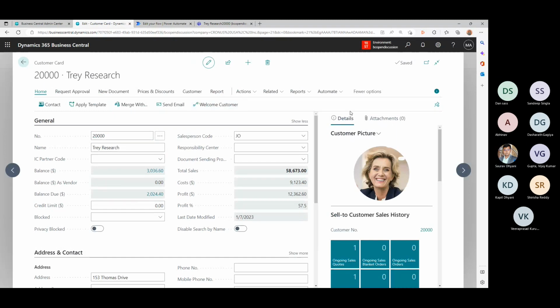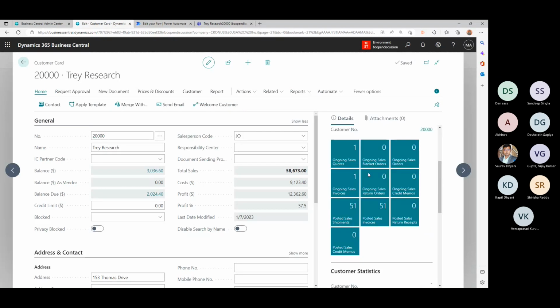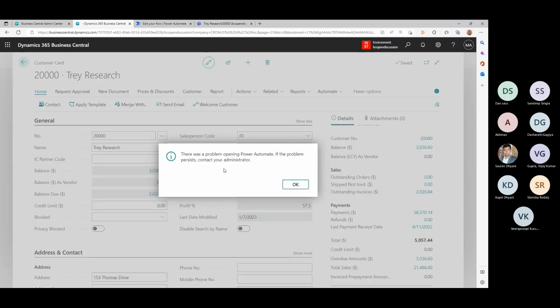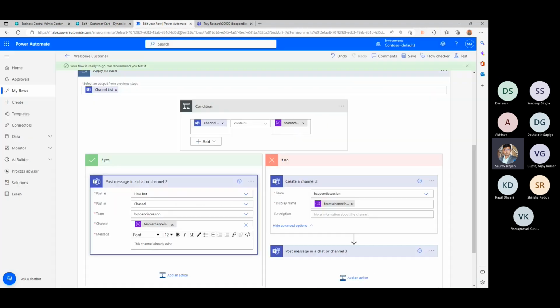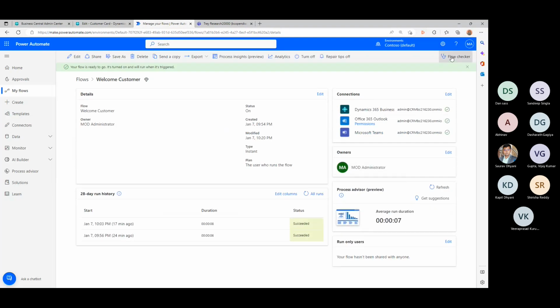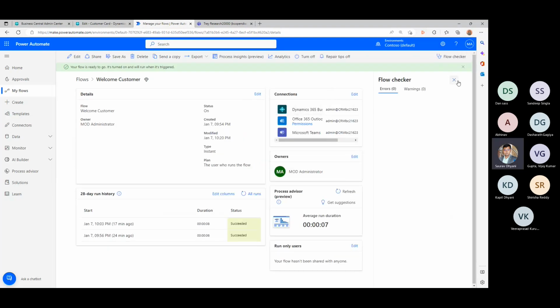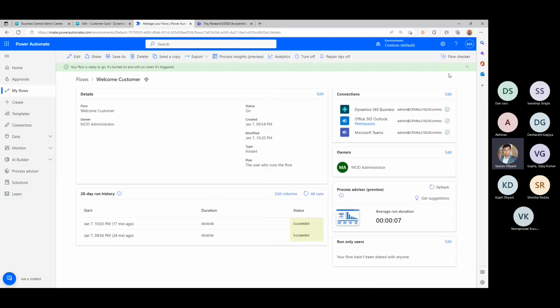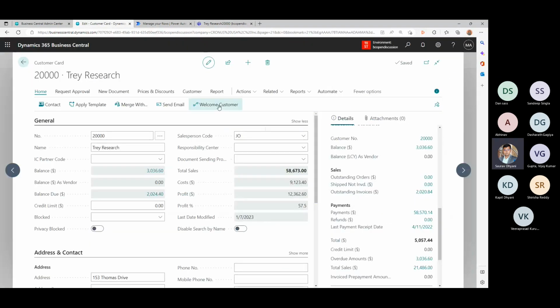Come on. What happened? Go checker. There's no warnings here at this moment, but let's see. What happened to this one? Welcome.